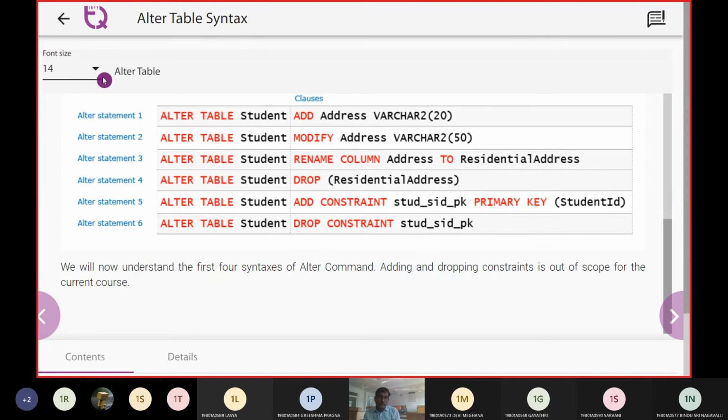So the different operations of an alter table are that via an alter table we can modify the schema of the database. We can even modify the address from 20 to 50, or we can rename whichever column we need. Similarly, if we don't need a column, we can drop it. And if any constraints are needed over the table, they are activated by taking up the add constraint content.